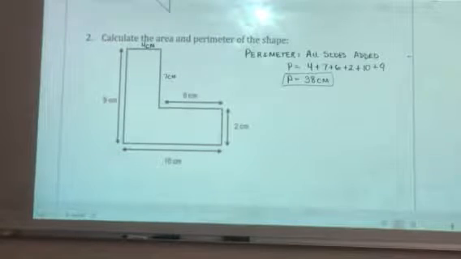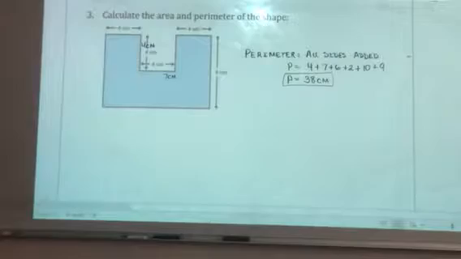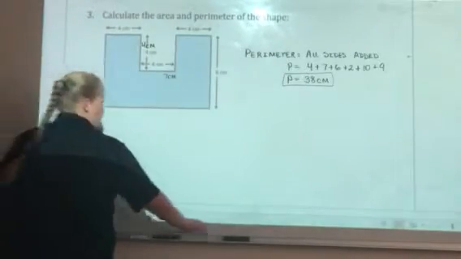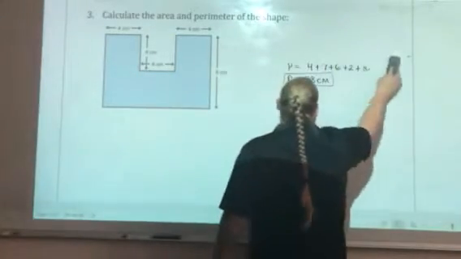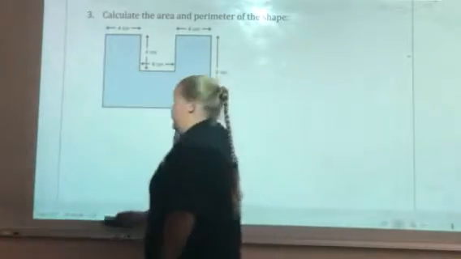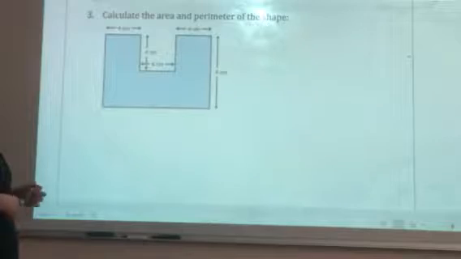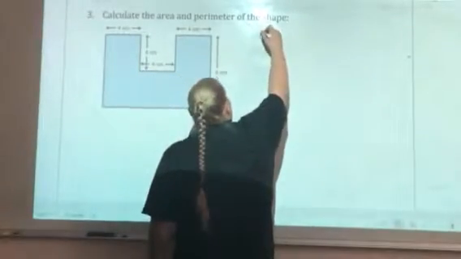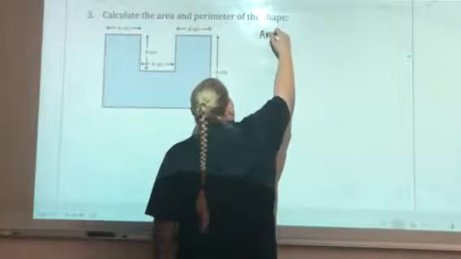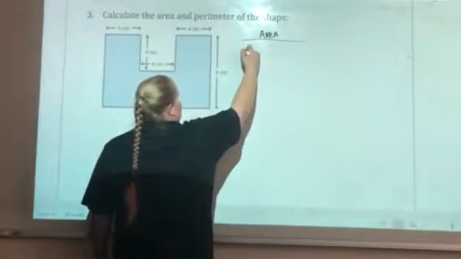Let's take a look at another example. Calculate the area and perimeter of the shape. Okay, so we now have this weird U shape, right? We're going to look at finding the area first. Okay, so to find the area of this U shape,